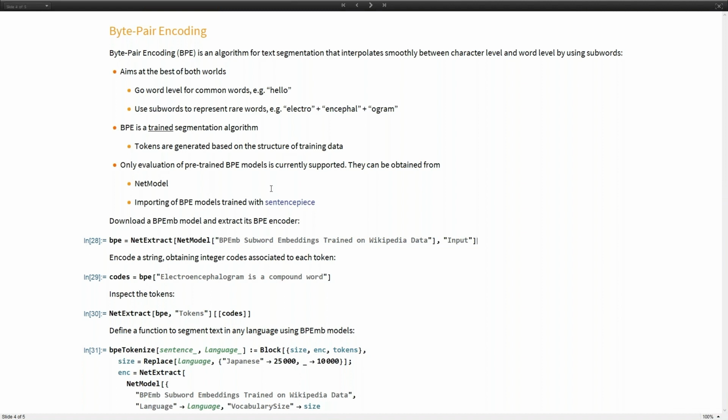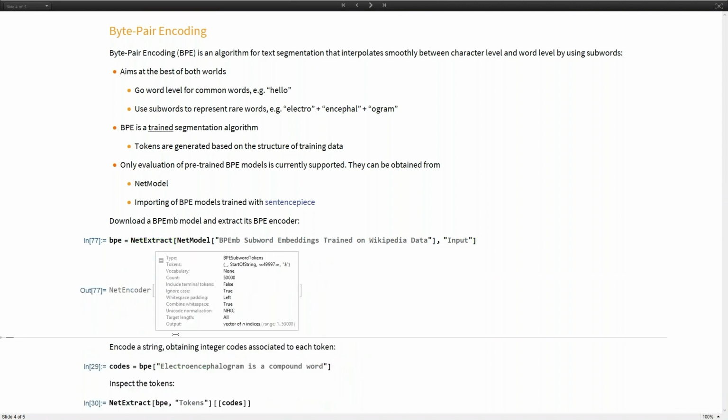So let's get another BPE model again, and let's extract, using NetExtract, its inputs, which is the encoder. So this is the BPE subword tokens encoder performing the BPE segmentation.